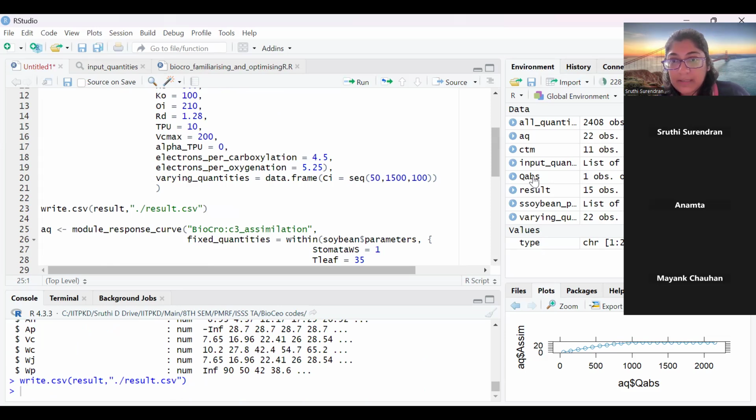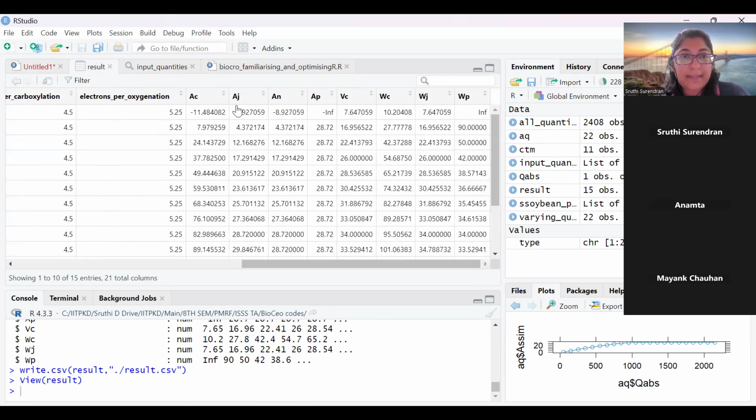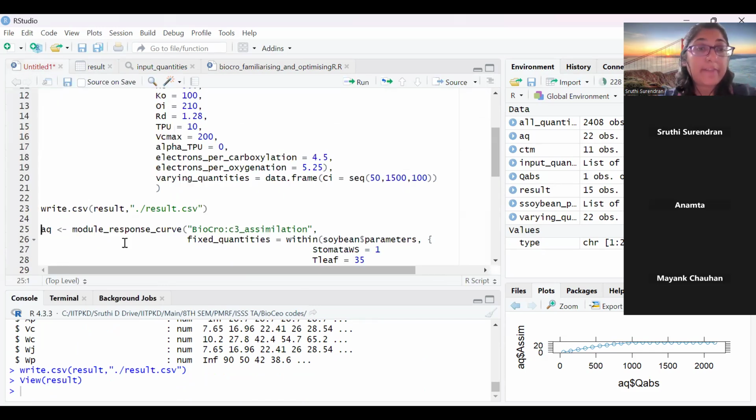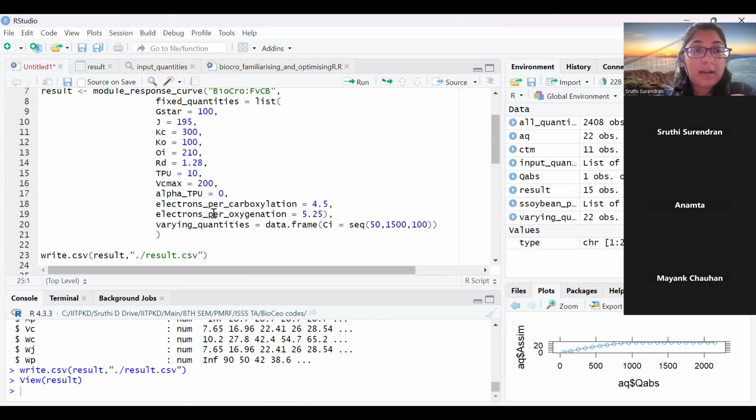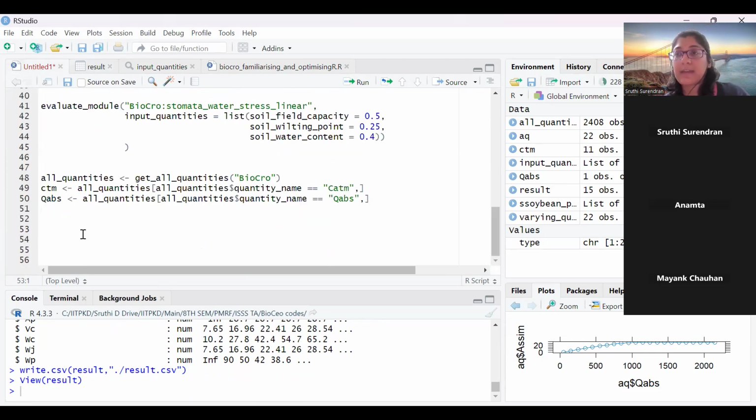Now you see that this is the CSV file that I have, with the module name and all of these quantities. Here you can also see that it has the values of AC, AJ, AN, AP. Now hypothetically say this is measured data. We have all the quantities with us, and these are the AC, AN data, and we want to obtain only the VC max. So in order to optimize VC max, that is, to derive the VC max value from the measured ACI data, which is stored inside this result,